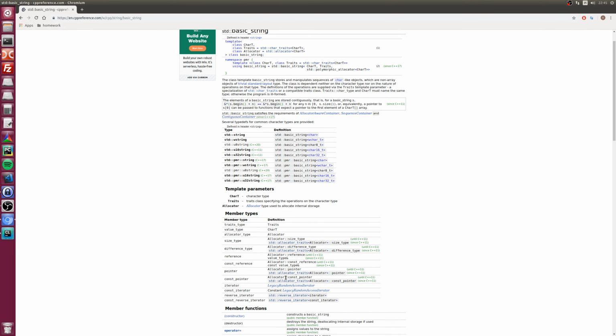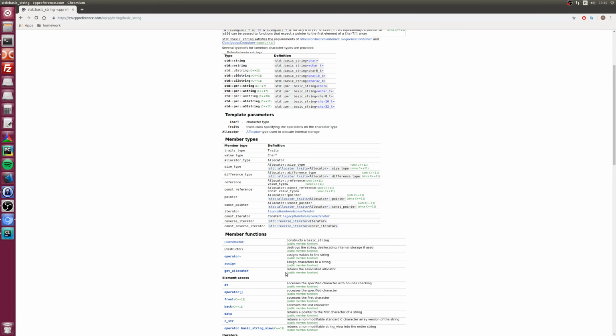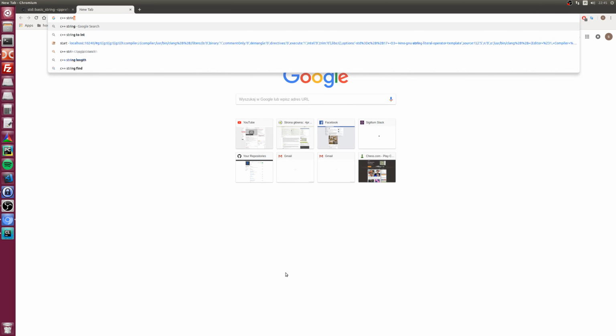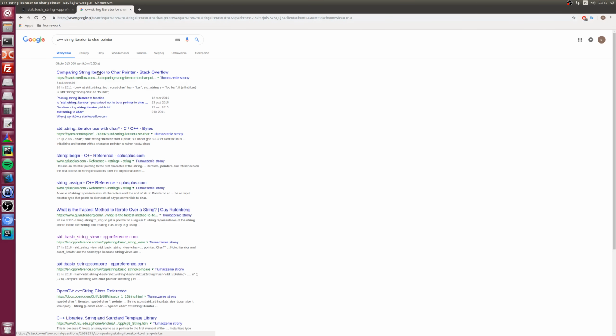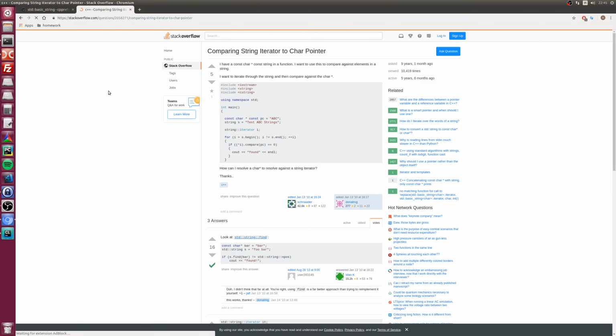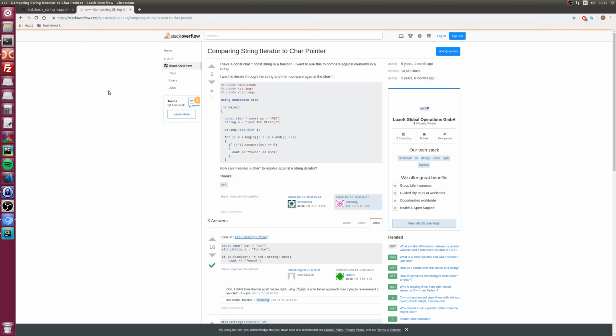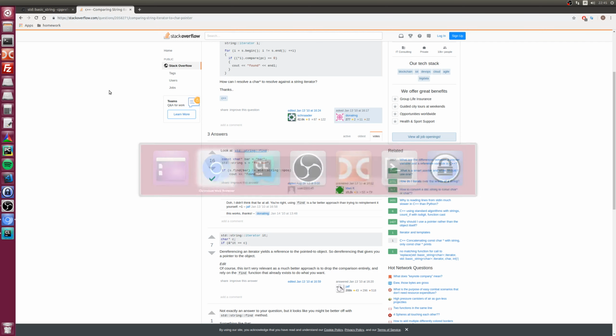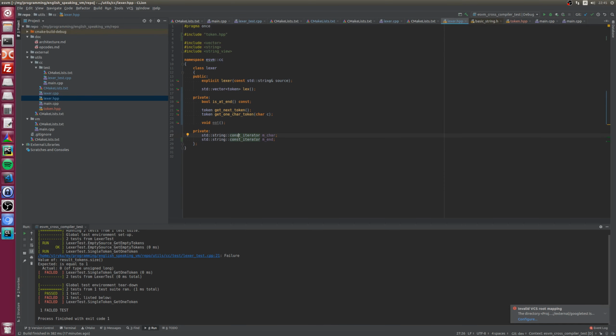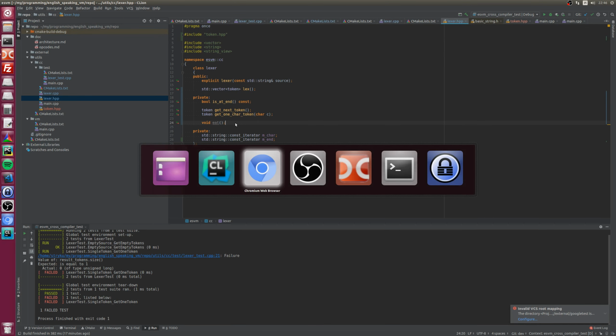Const pointer. To character pointer. Of course I can dereference that and just take a pointer to this. Obviously.